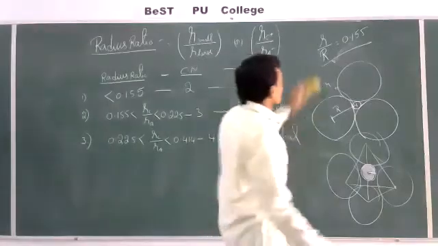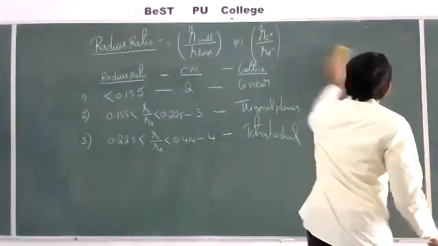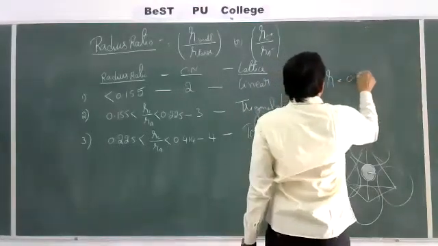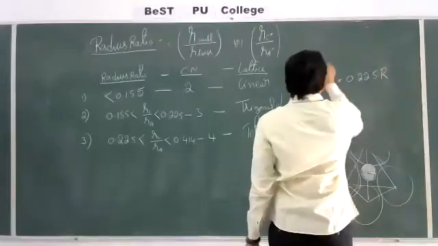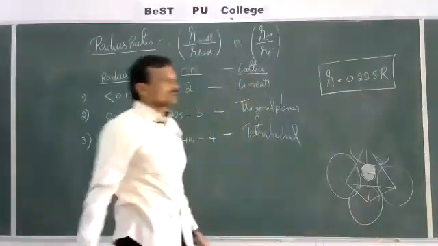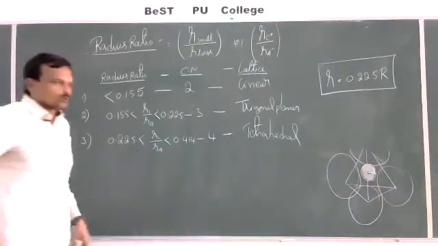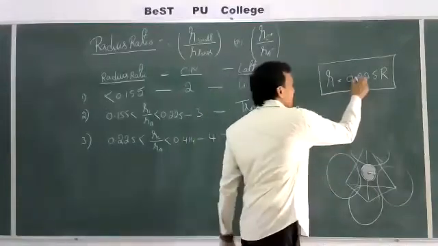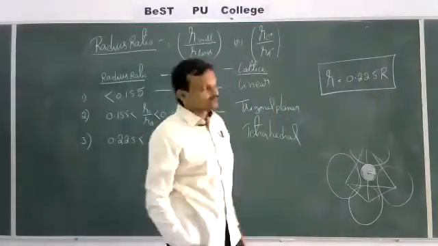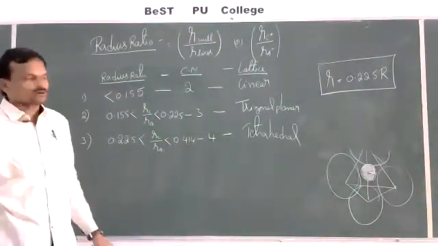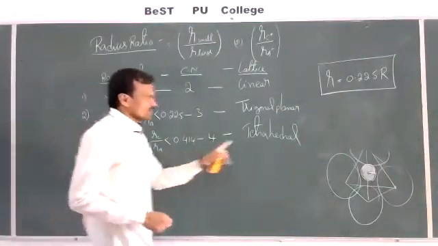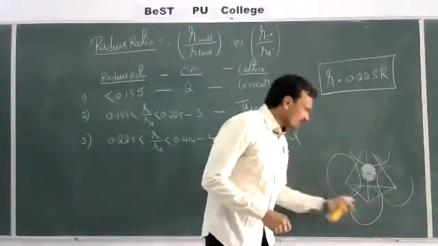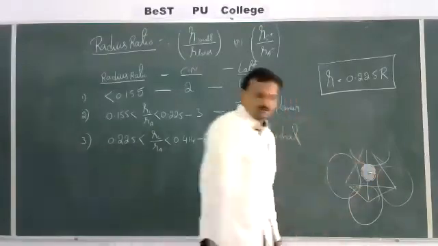It means that in the case of a tetrahedral void, the radius of the small particle is equal to 0.225 times capital R. This is the formula. The radius of the particle occupying the tetrahedral void is equal to 0.225 times the larger particle radius. This is the minimum value. What is the maximum value? 0.414. If the size is like this, 0.225 R, exactly that will get a tetrahedron shape. In the tetrahedron void, the particle is occupied.